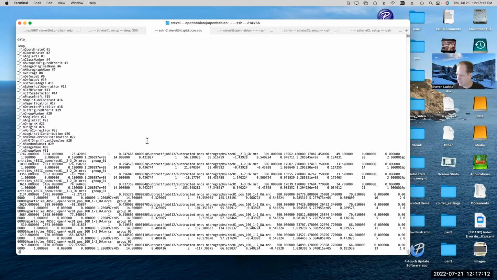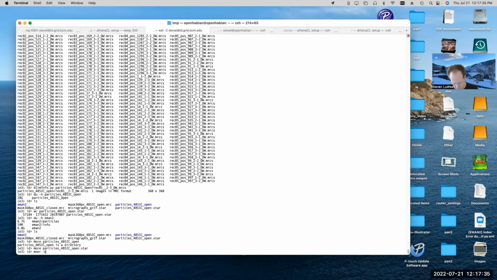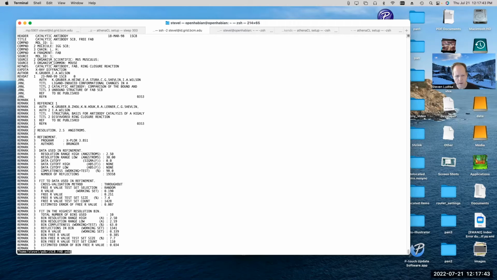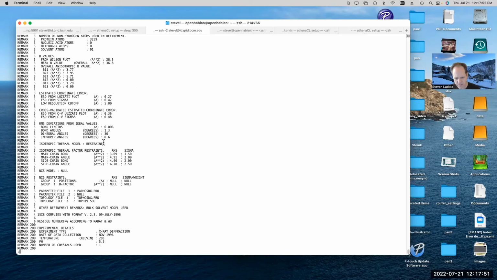So just a little bit of history on metadata in cryo-EM. If you look back at the early days of the Protein Data Bank, they used PDB format files, which we can just look at one, and it looks something like this. They're human readable text files. Each entry exists on one line in the file.